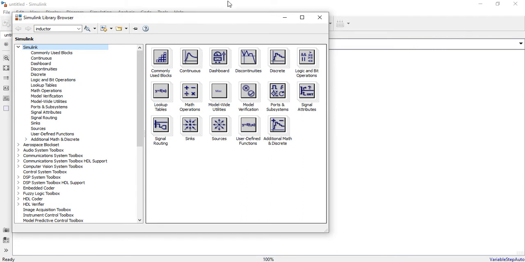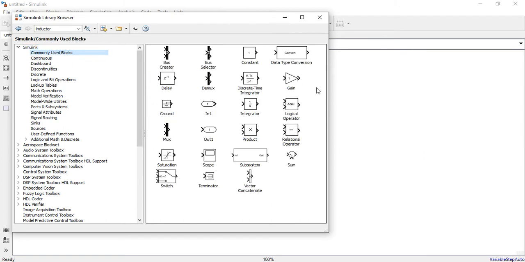Commonly used blocks, continuous, discrete, logic and bit operations. All the components which are required for electronic circuit design or power electronics or power system will be available over here. If I click on commonly used blocks, it will show like this. You will have constant, product, integrator, and all this.